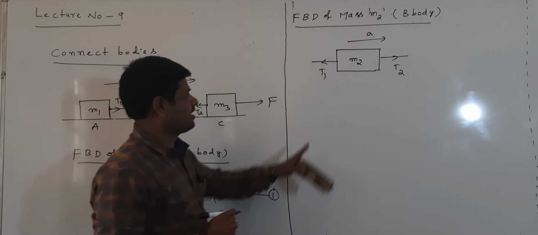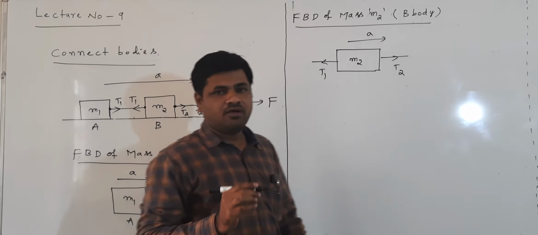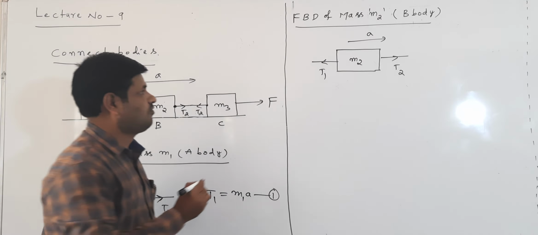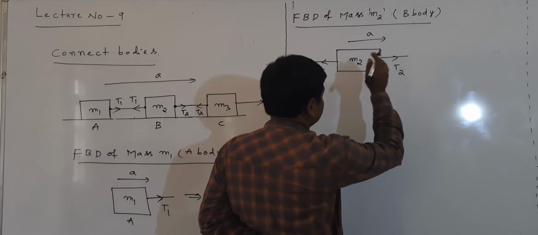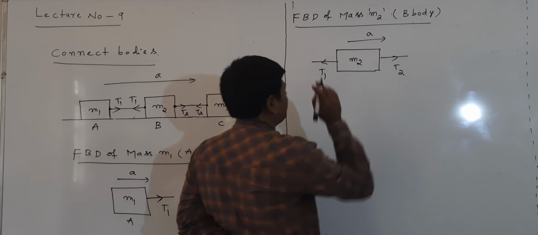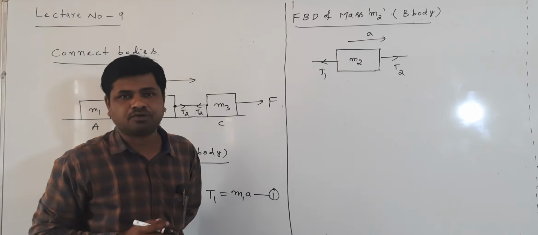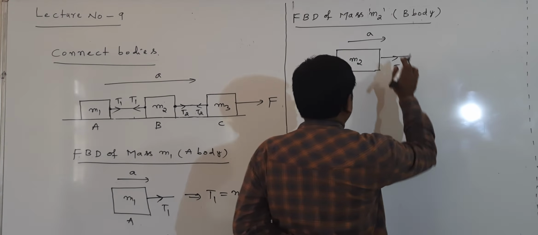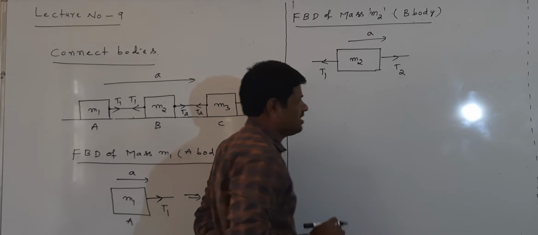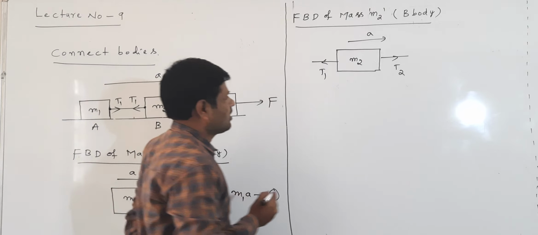Right. Here two forces are acting, T1 and T2. Now T1 and T2 acting means the net force. Net force we are writing means, which is the larger here? T2 is larger or T1 is larger? We are arranging the one down. Here T2 is larger because acceleration in this direction is there. T2 is larger. Now write the equation here.